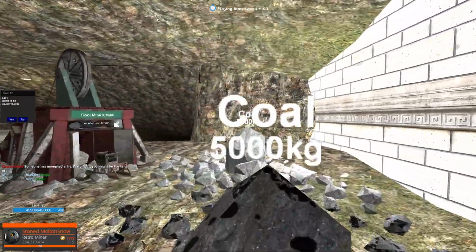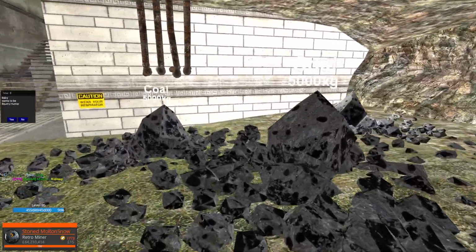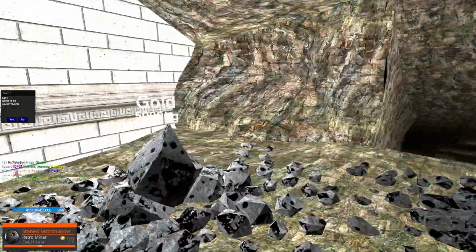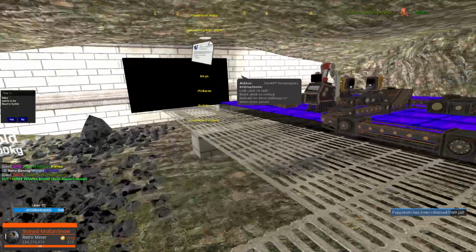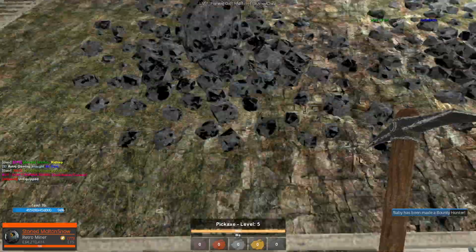This side is primarily coal. However, there's one gold vein. And over here, I think there's two. Yep. The rest are coal. This is where I'm going to be doing the video, because up there's miners up there. So,